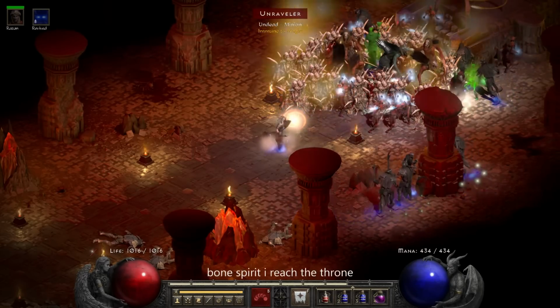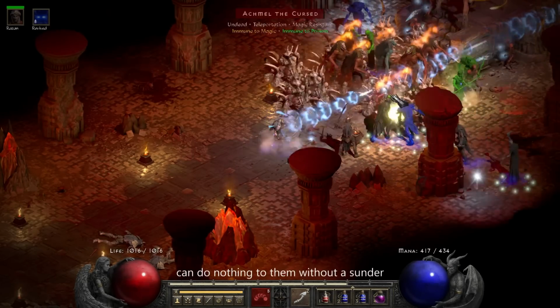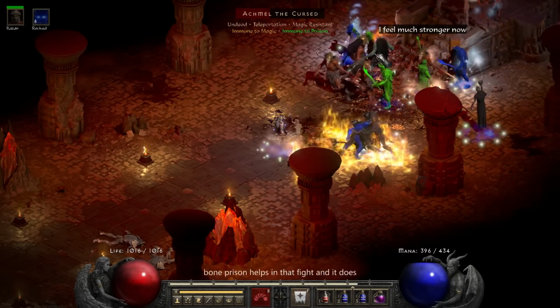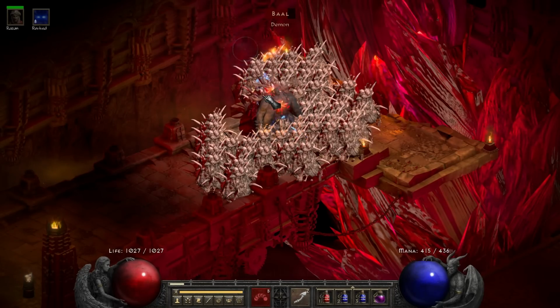With one final point being in Bone Spirit, I reached the throne. Wave 2 is magic immune, and thus Bone Spear can do nothing to them without a Sunder. Thankfully you have other tools that you can use to deal a variety of different damage to them. Bone Prison helps in that fight, and it does the same against Bale because he is a jumper, that Lord